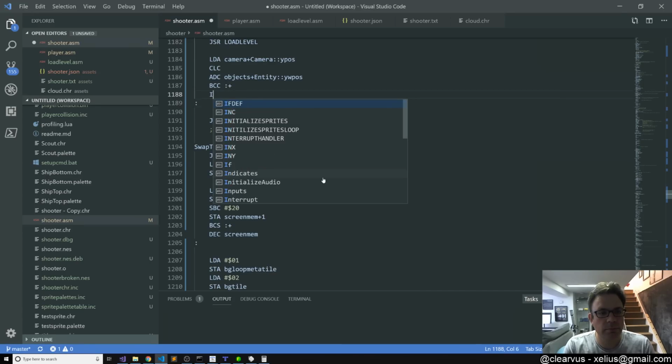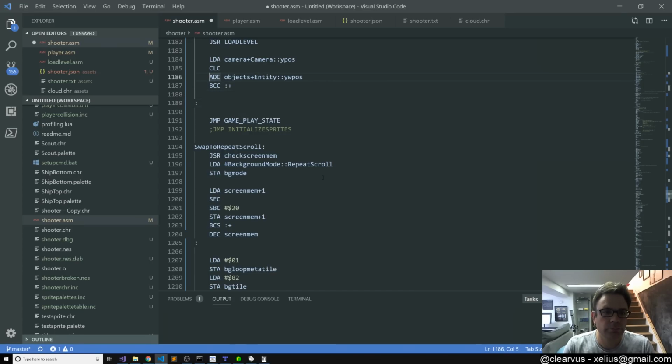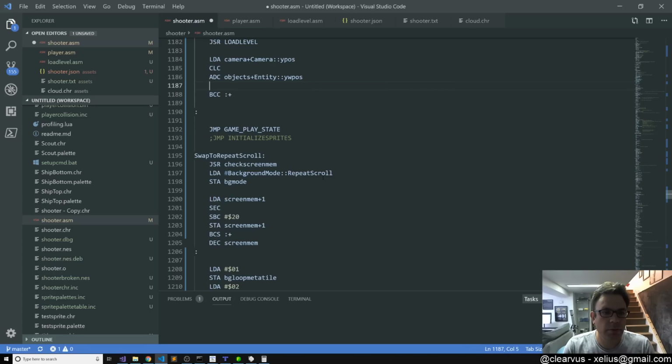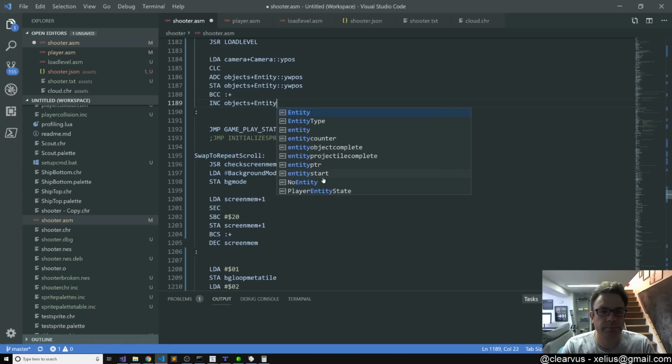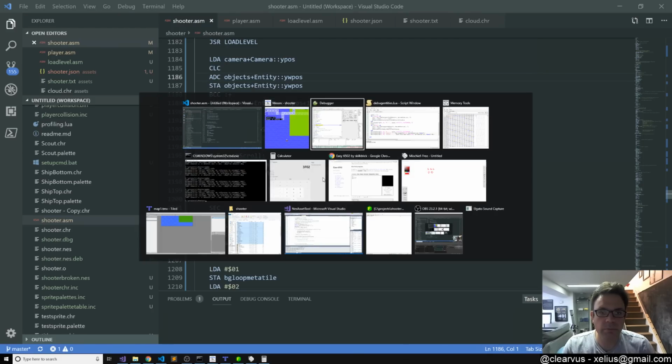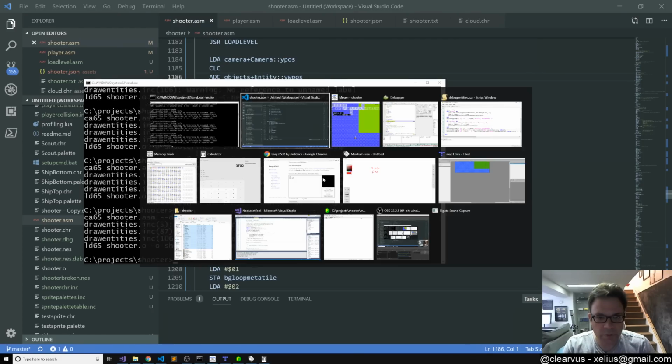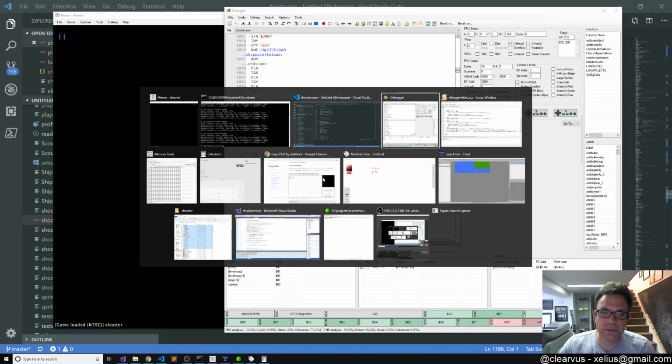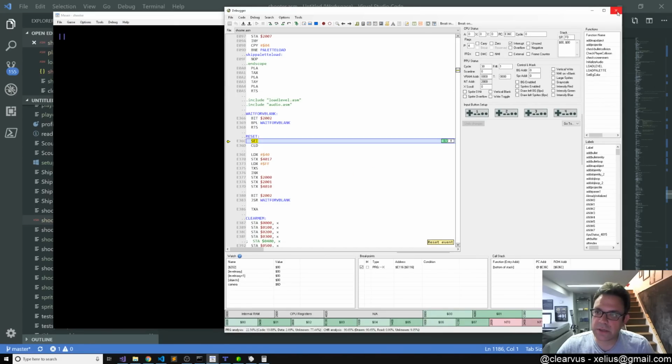Otherwise, well, first let's do this. And then we just do this. If the carry is set, we need to increment Y world position +1. Clear carry, add carry, Y world restore. Yep, that's good. Okay. So let's see if when we loop around, we don't have such a crazy